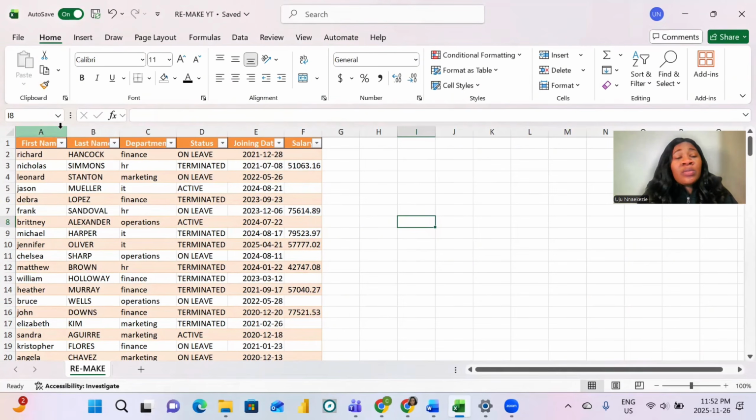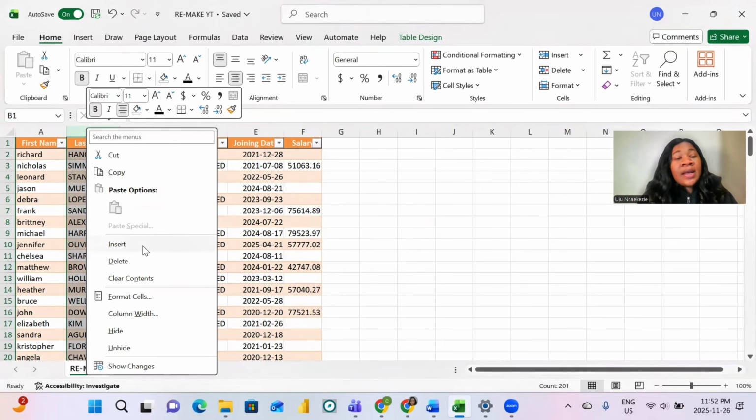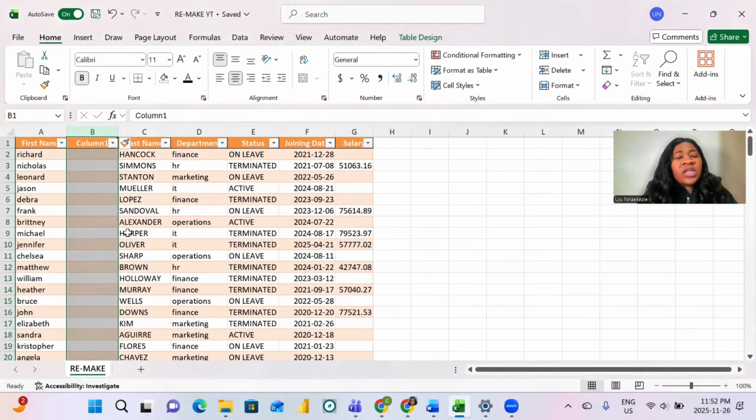So for my helper column, I'm just going to click on this, right click, then insert. Once I'm done introducing what I want as regards the column I'm trying to clean, once I have the inputs, what I want to do is copy those values, paste them in the original cell, and then delete the helper column. Apart from the fact that it's going to be manual, I feel like it's safer to work